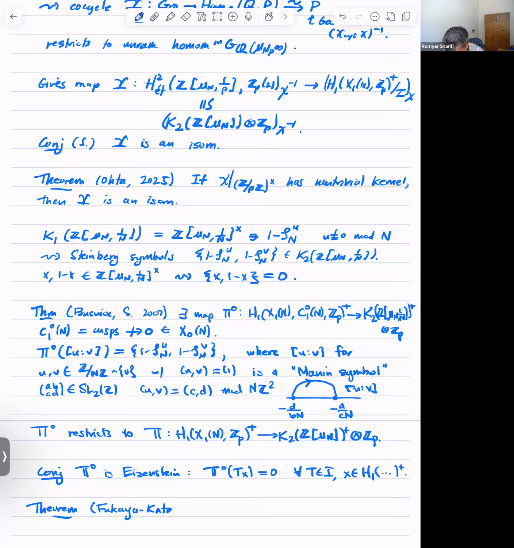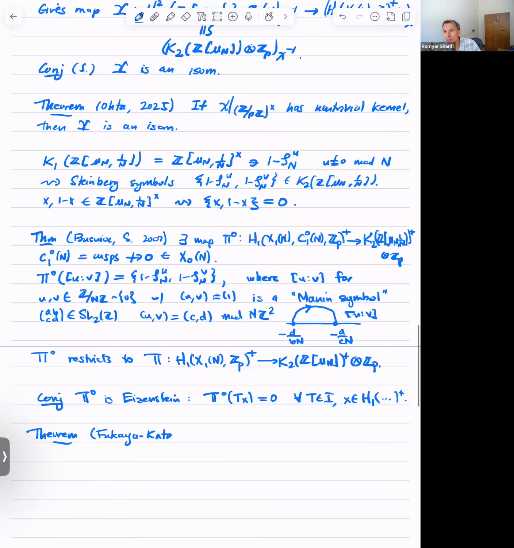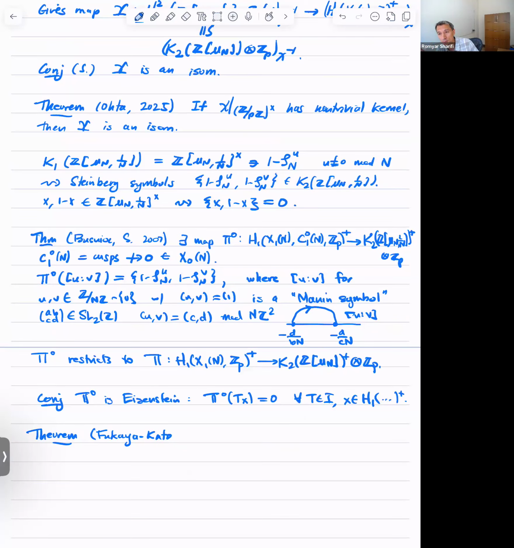I think it's really like 2011, 12, but just published 2024. It's true if p divides n, which I guess I'm not assuming anymore. And then more recently published 2024 also. True